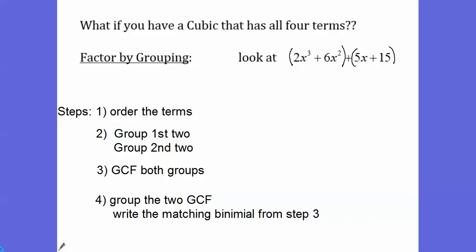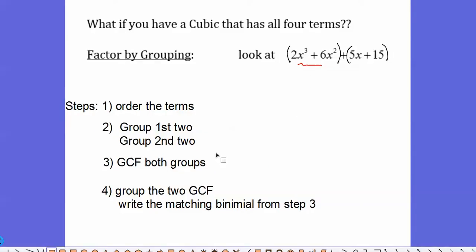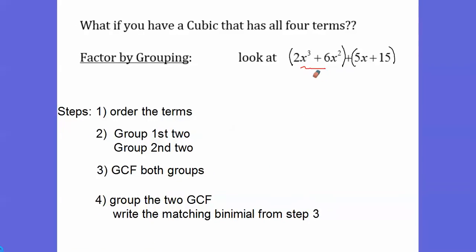I'm going to GCF both groups. Now I'm going to pull out different things. Looking only here, I see I have 2x cubed and 6x squared, and I need to divide both by the most that I am able to. So in red working,